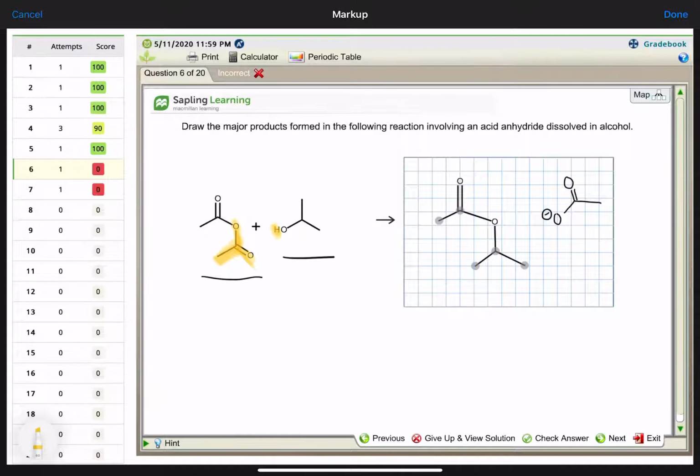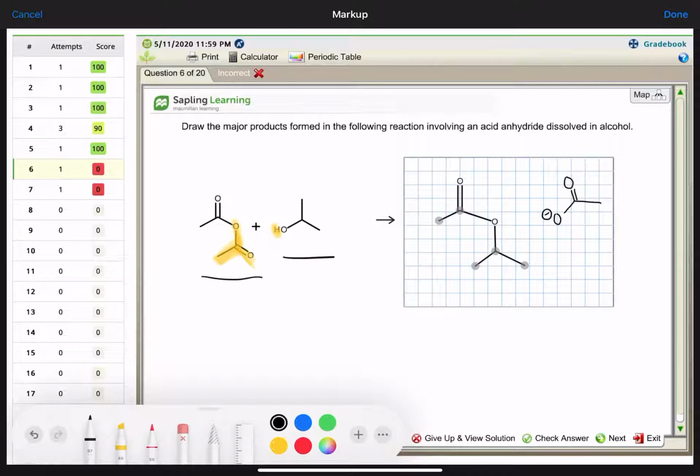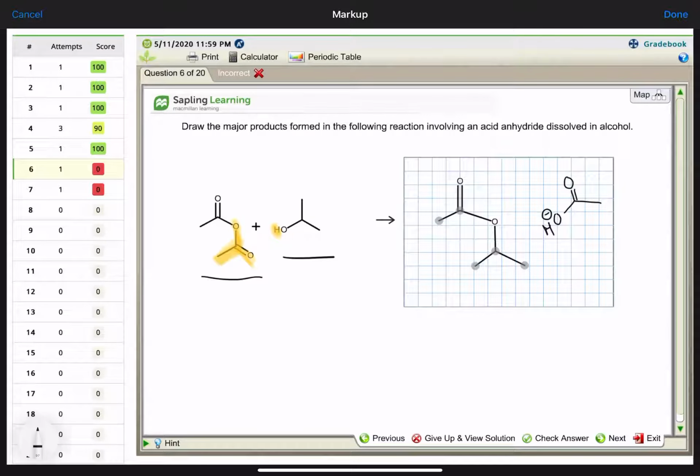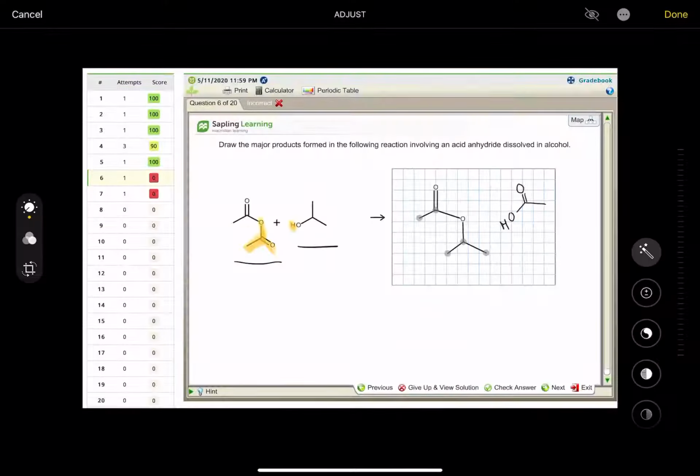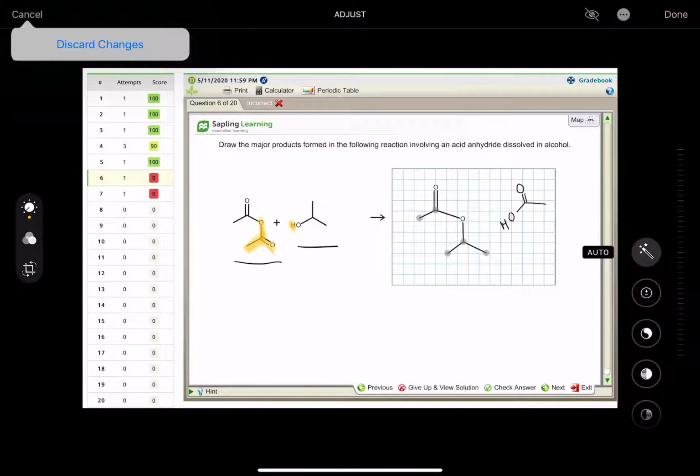The hydrogen from the alcohol that's being used in this reaction is actually going to protonate this guy. So no negative charge there. That other product is just a carboxylic acid. Okay, so that's not so bad. So I moved to the next problem,